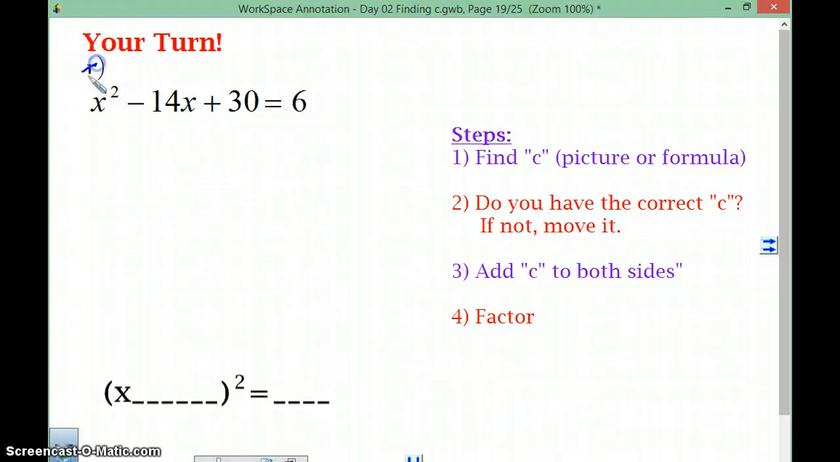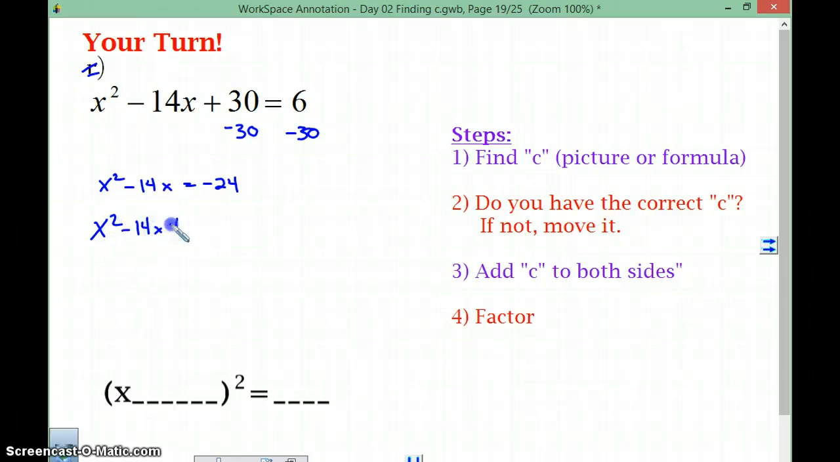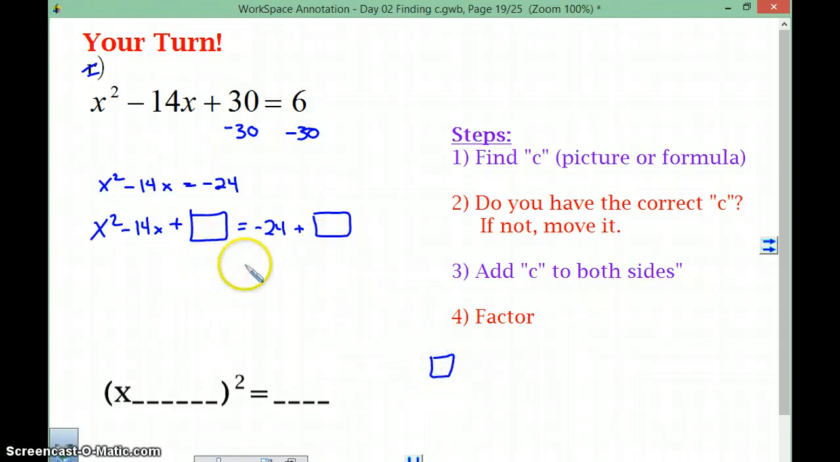All right, let's try another one. Let's do this. I know this is not a perfect square trinomial. Let's subtract 30 from both sides. You end up with x squared minus 14x equals negative 24. Okay? Now we're going to complete the square. X squared minus 14x plus some number equals negative 24 plus that same number. Let's figure out what that number should be. This is our c. Okay? It's going to be x